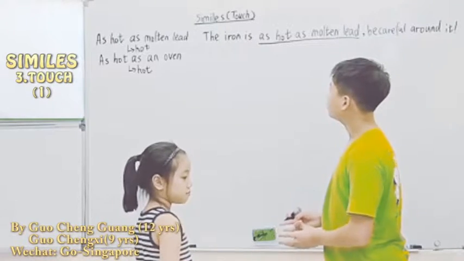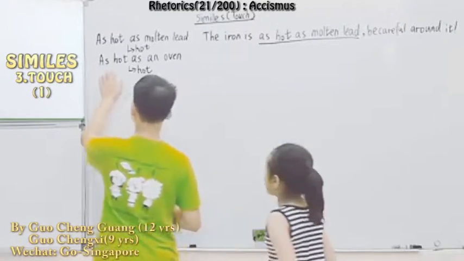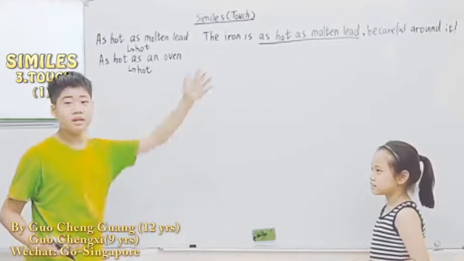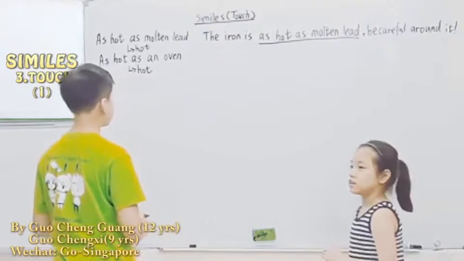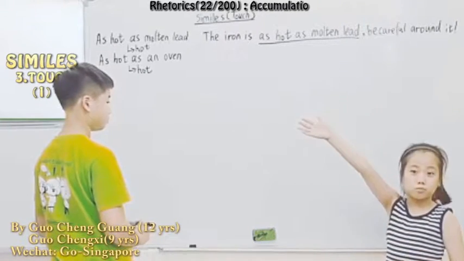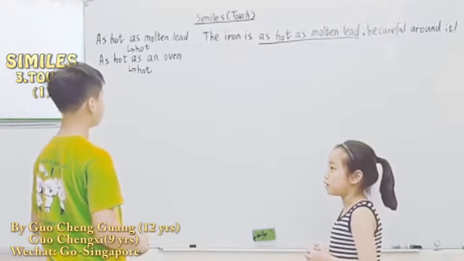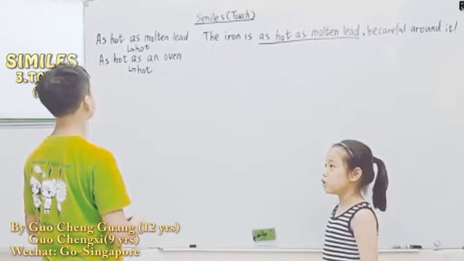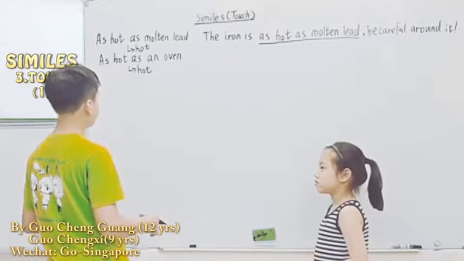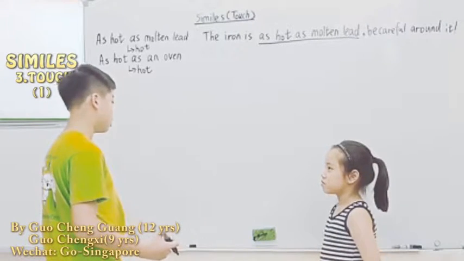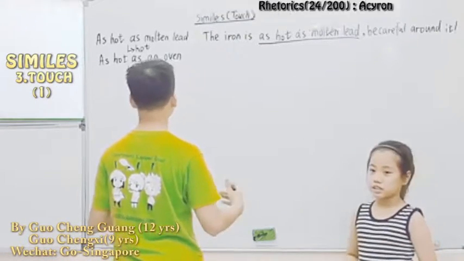So what else can be hot? The sun. The sun is combustion, right? How about other examples? Sometimes light bulbs. If you go very near to high voltage light bulbs, they will be very hot. So don't touch high voltage light bulbs unless you close it. Even if you close it, it will still need to cool down for a while. How about some other better examples? What others can be hot?